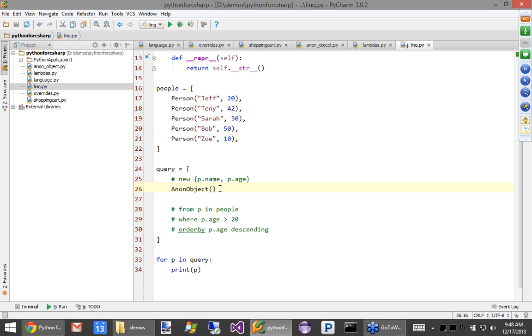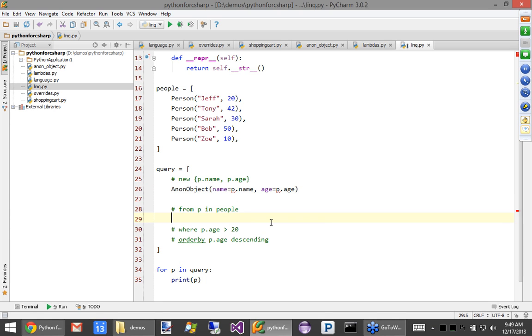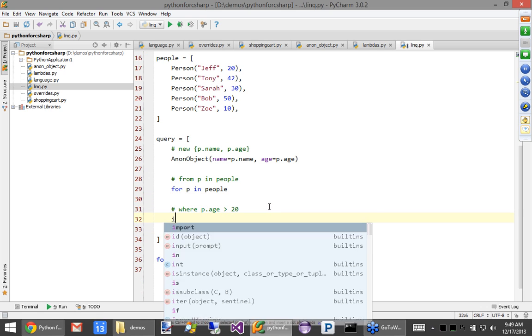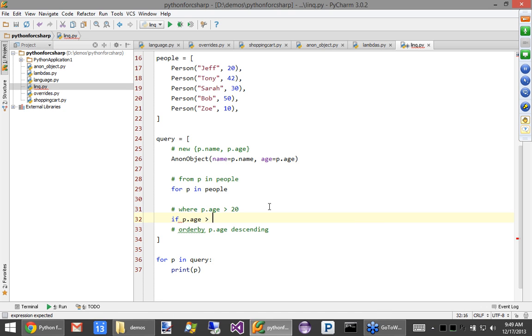And we're going to say, how are we defining this? name equals p.name, age equals p.age. Now again, there's no real reason to do this projection, but we'll go ahead and do it. Then the next thing we're going to do is, from p in people, or yeah, we'll say for p in people. That's how you write this in this world. And then we have a where, but instead of saying where, we say if p.age is greater than 20.